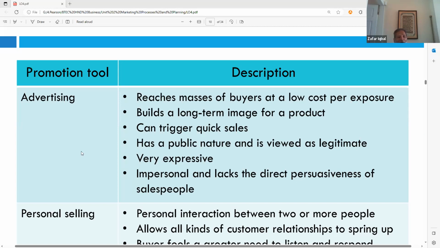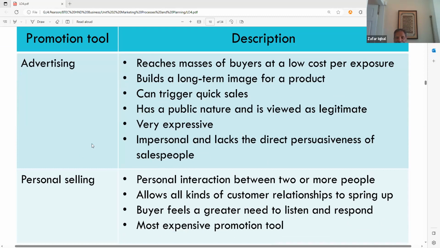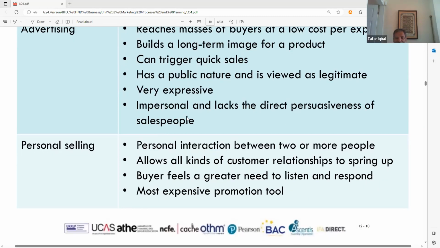Personal selling is another tool that we can use to promote our product. Okay, this personal selling is direct, person to person contact, where you talk to another person on a personal level, and it creates a personal interaction. It creates a bonding, it creates a feeling, it creates an expressive mood, and you listen to the other person, you respond, you ask the question,